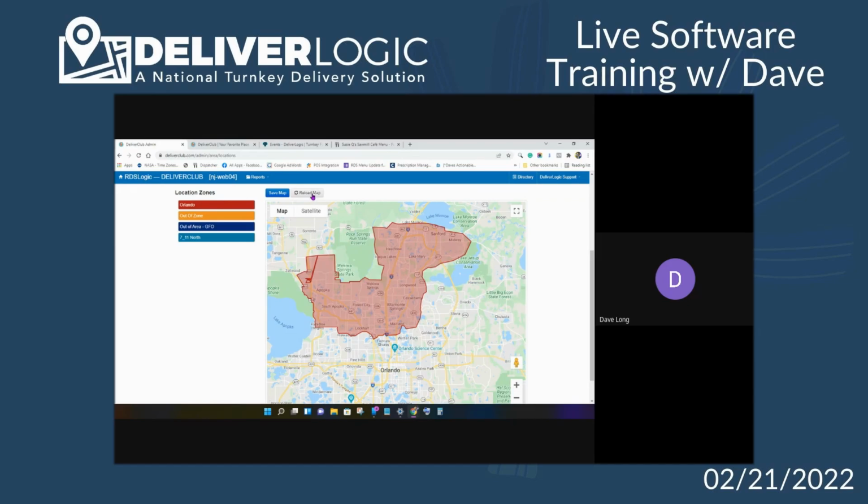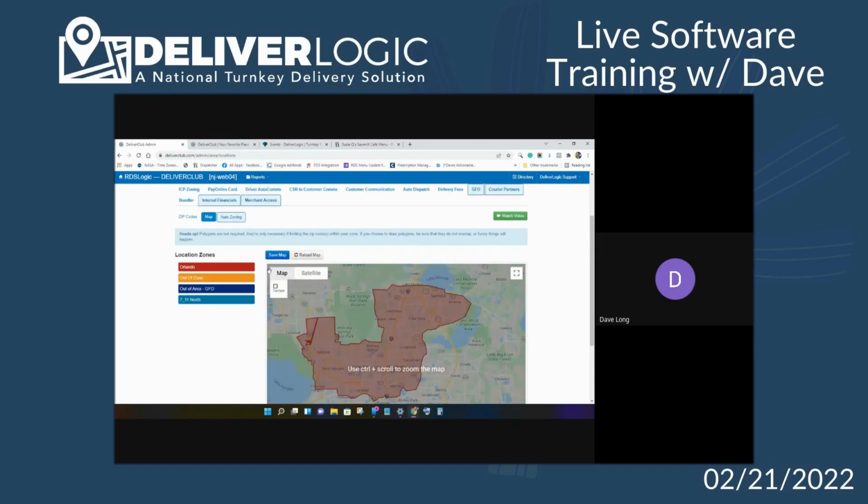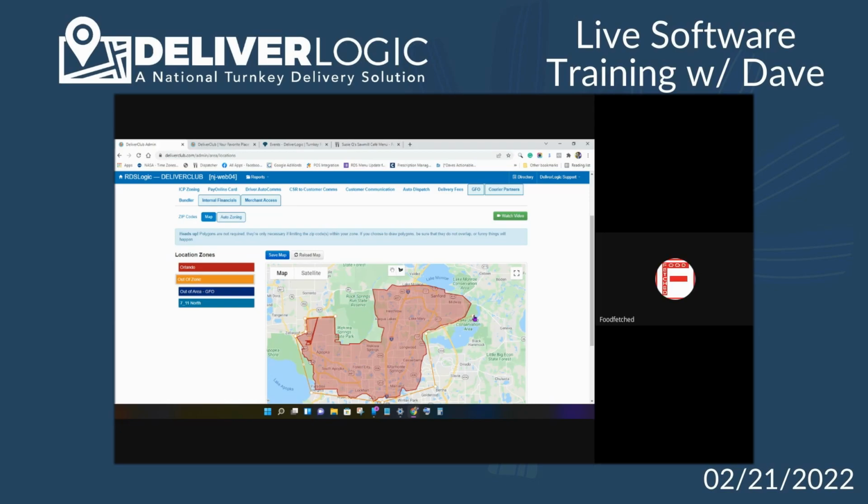I may not be able to do it since I'm on this one. But get the hand. Yeah, there it is. So we would just start here, and you would have to zoom in, but you would draw around the outside, and I'm just going to take shortcuts. But you would zoom in and do it real tight. And then once you go around,